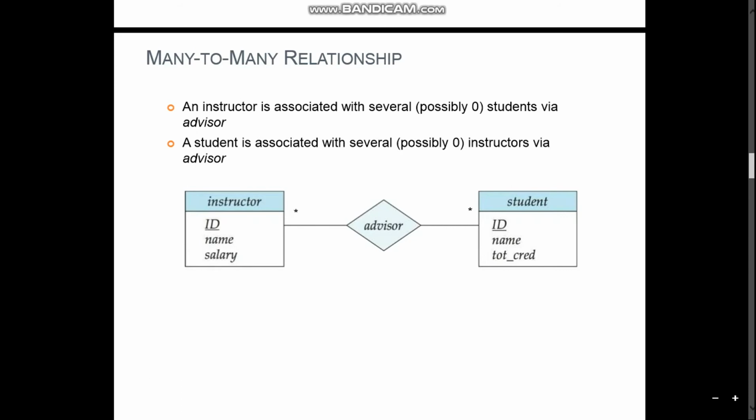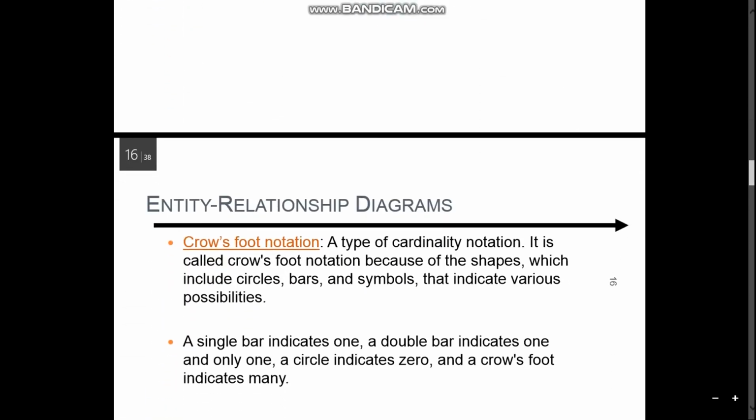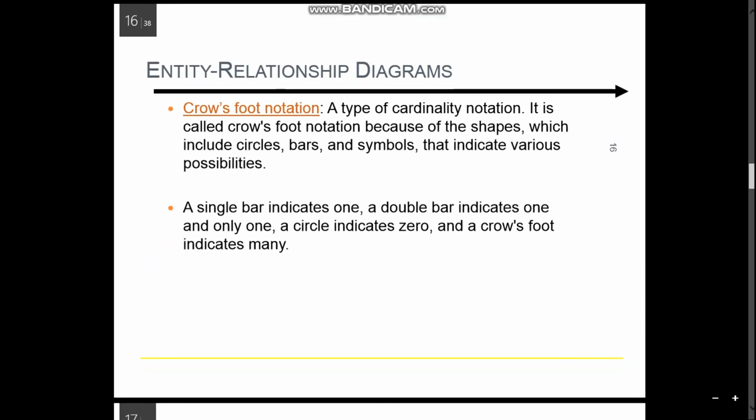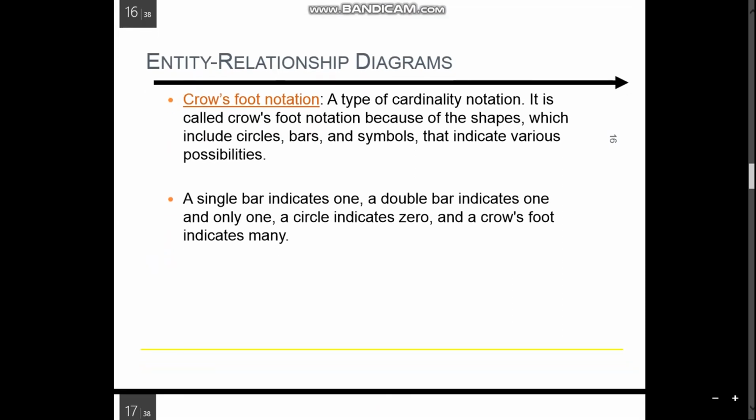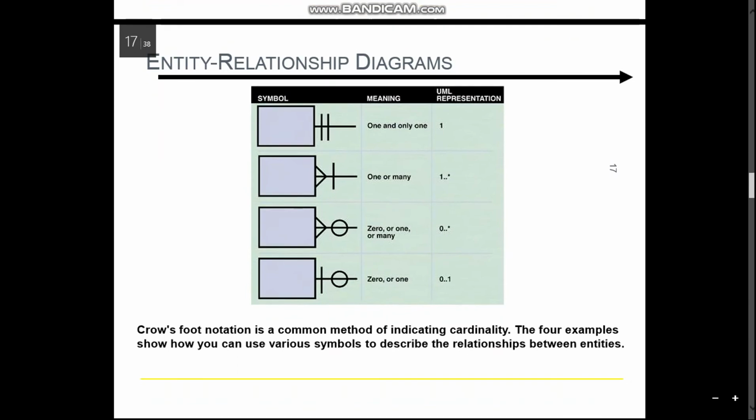इसी तरह आपके पास हम मेनी टू मेनी रिलेशनशिप को ER डायग्राम में एक और तरीके से भी रिप्रेजेंट कर सकते हैं, जिसको हम क्रोफुट नोटेशन कहते हैं. क्रोफुट नोटेशन ये क्या है? ये एक कार्डिनलिटी नोटेशन है, and it is also known as crowfoot notation because its shape is just like a crow's foot. Here you can see, यहाँ पे आप देख सकते हैं डिफरेंट टाइप के सिंबल्स जो कि आप ER डायग्राम पे रिप्रेजेंट करेंगे